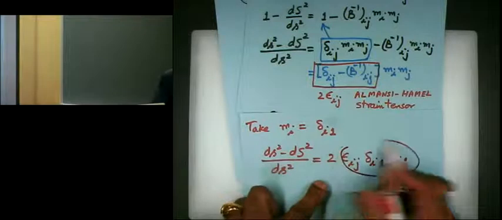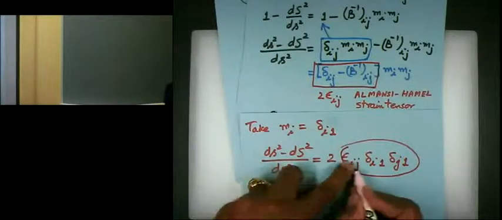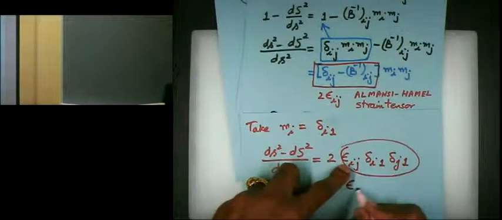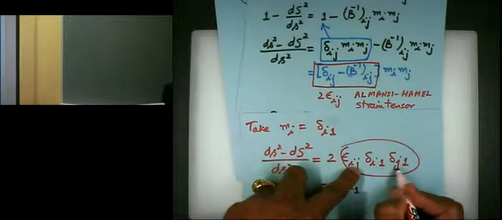So what is this quantity equal to? Epsilon 1,1. Because I and I is summed, it is replaced by 1. J and J is summed, so it is replaced by 1. So epsilon 1,1